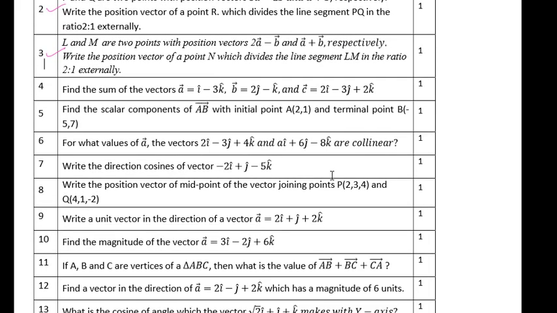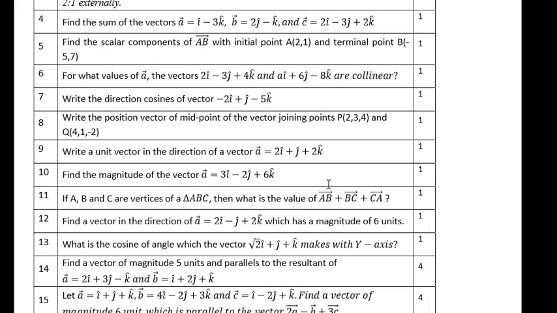Find the sum of vectors a, b and c. So you have to find the sum, means you will add them. So i, here no i and here i. So it will become 3i. Then there is no j, here we have 2j and here minus 3j. So 2 minus 3 is minus j. And lastly here minus 3k, minus k and plus 2k. So this is minus 4k plus 2k is minus 2k. So 3i minus j minus 2k is the solution for the fourth.